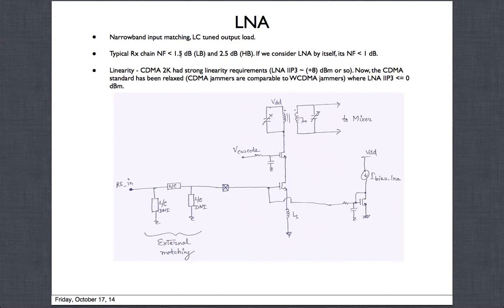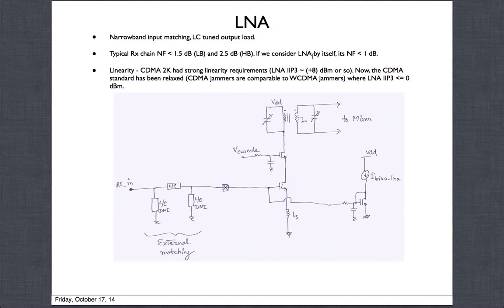So if you say typically you get 1.5 dB, you can think that over millions of parts and over temperature, this might become 2.5 dB. But this should give you some idea of the cascaded noise figure of the whole RX chain, what kind of numbers these commercial products actually hit, and that's how they are designed.